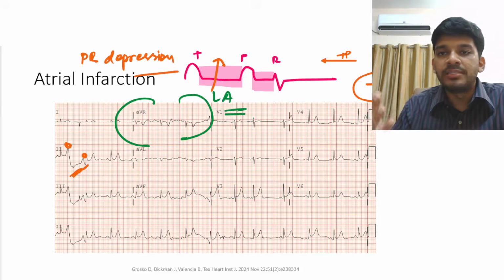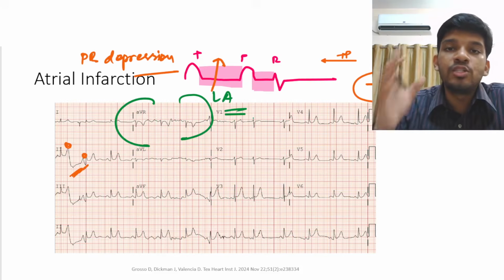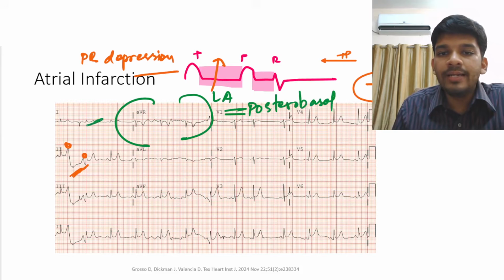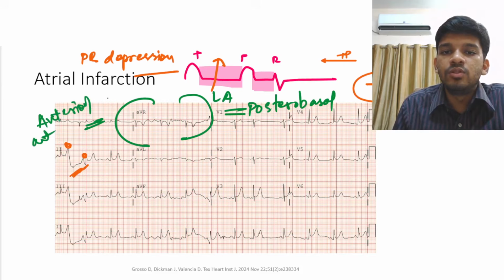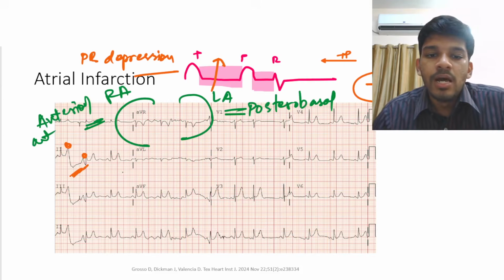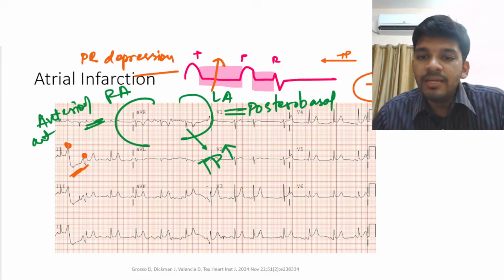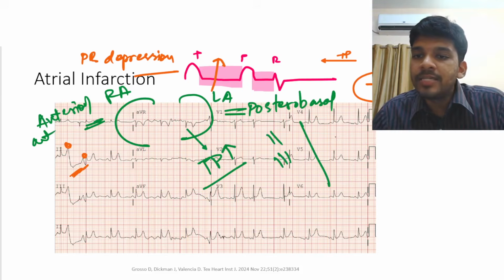It faces the esophagus. That is why it is better visualized in a trans-esophageal echocardiogram. So the posterobasal left atrium and the more anterior or anterolateral right atrium. So this is the right atrium, this is the left atrium. So the left atrium is visualized by TP segment elevation in lead 2, lead 3 and reciprocal TP segment depression